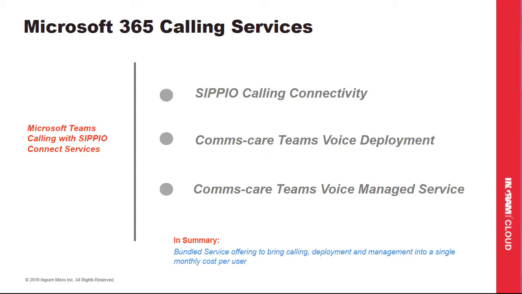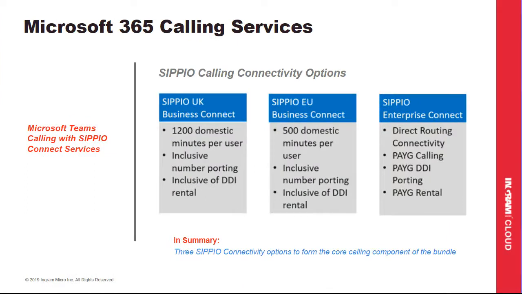For these propositions, we've taken 3 Scipio connection options. We've got the UK Business Connect, which brings 1,200 domestic minutes per user. It includes any number porting and includes the ongoing DDI rental costs. We've got the EU Business Connect that includes 500 domestic minutes per user, includes number porting, and again includes ongoing